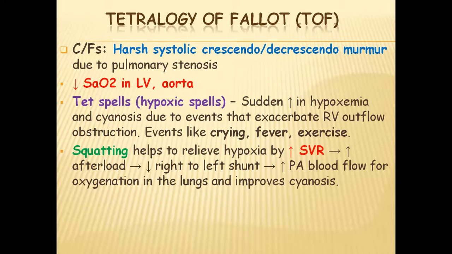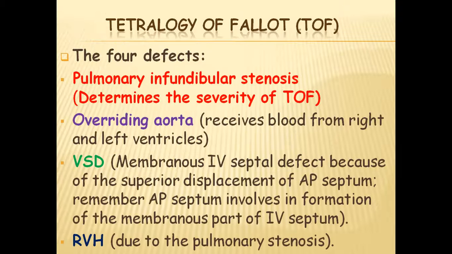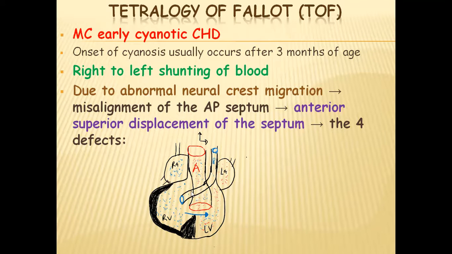This patient can also have what we call the tet spell or hypoxic spell. This is due to a sudden increase in hypoxemia and cyanosis due to events that exacerbate right outflow obstruction, events like crying, fever, exercise. So any of these events can further worsen the pulmonary stenosis, thereby increasing the pressure in the pulmonary artery, and that's also going to further increase the pressure in the right ventricle, thereby leading to more deoxygenated blood being shunted to the left ventricle, and more deoxygenated blood will be leaving through the aorta,